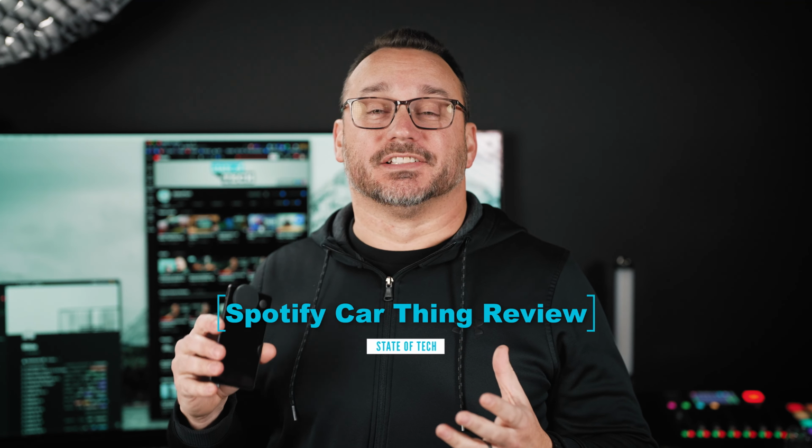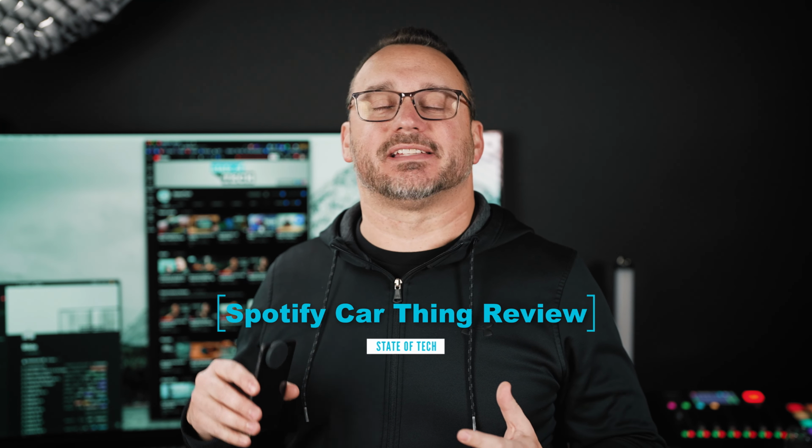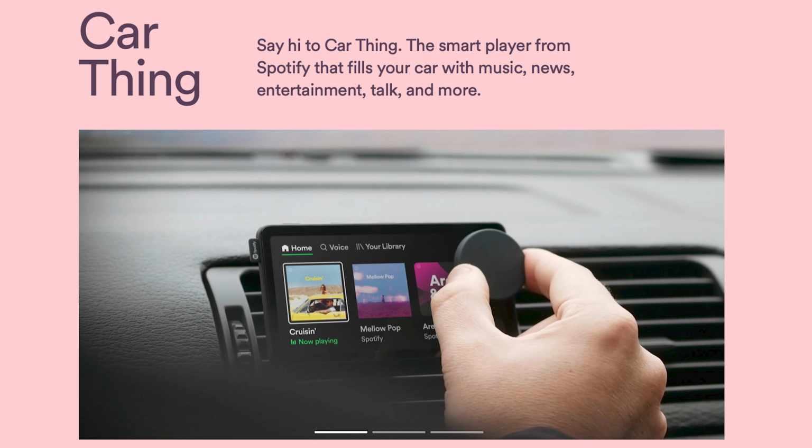Recently, Spotify came out with a smart device that connects to your vehicle so that you can more easily listen to music, podcasts, and all the good stuff that Spotify has to offer right from your car. CarThing is a tool that installs relatively easily into your vehicle and utilizes your internal in-dash system to play music